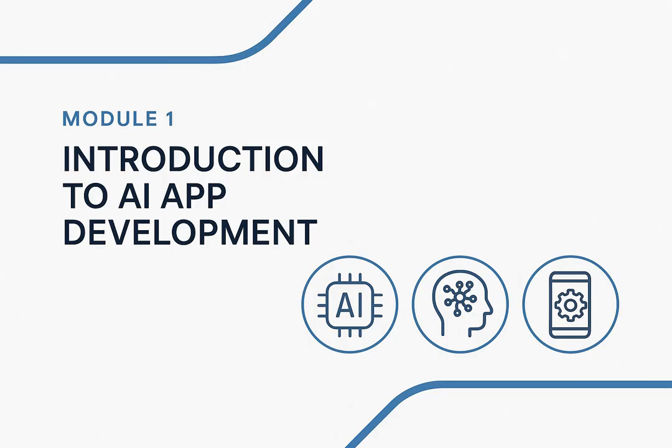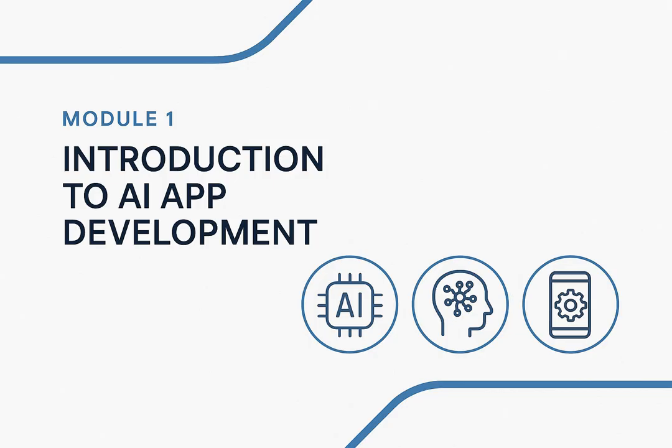While conventional applications follow predetermined rules and logic, AI apps can learn from data, identify patterns, and make decisions based on that learning. This makes them incredibly powerful for solving complex problems that would be difficult or impossible to address with traditional programming approaches. Let's look at some examples of AI apps that are changing the way we live and